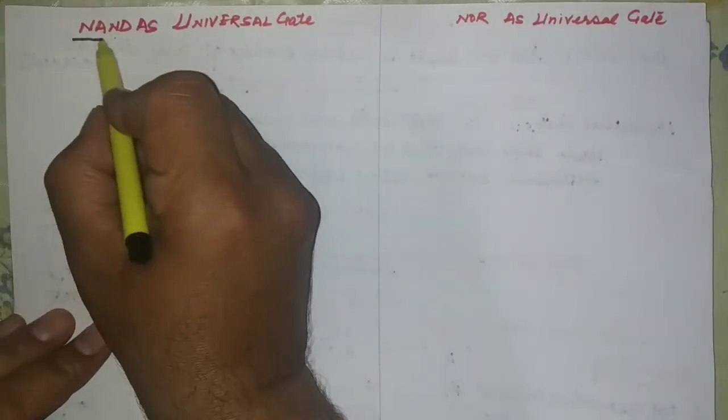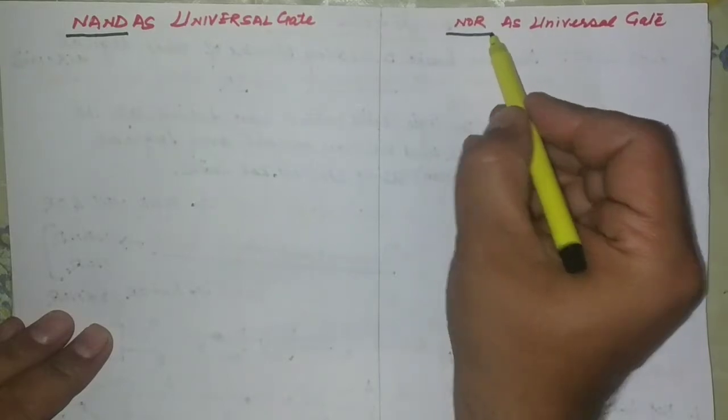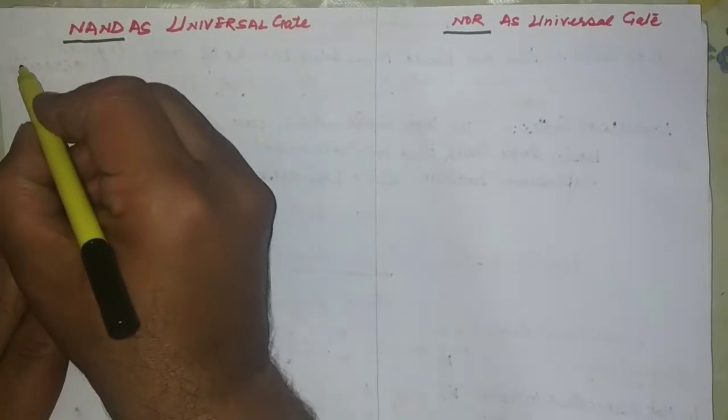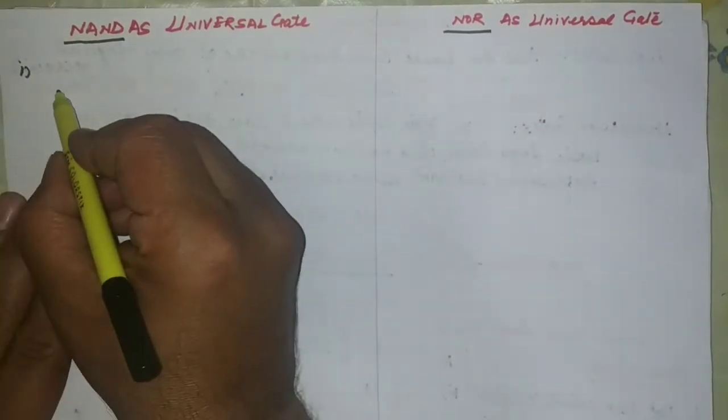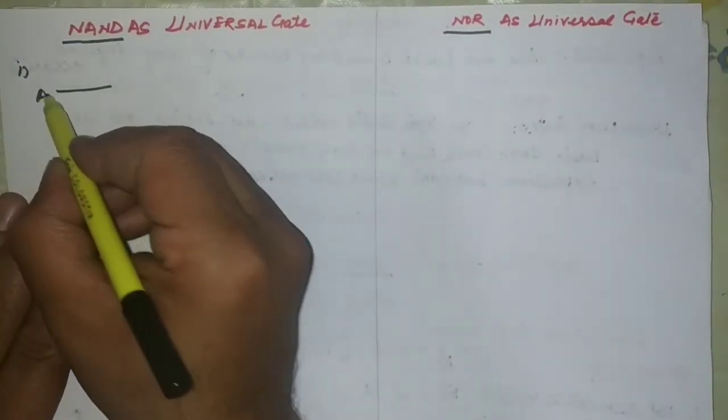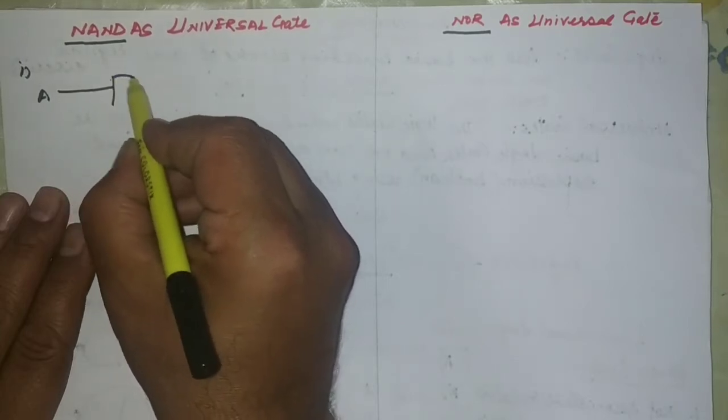So now we discussed that there are two types of universal gates, NAND and NOR. One by one we will discuss how they can be used to derive all of the basic logic gates. Say for example, if we have one input A and suppose this is a NAND gate